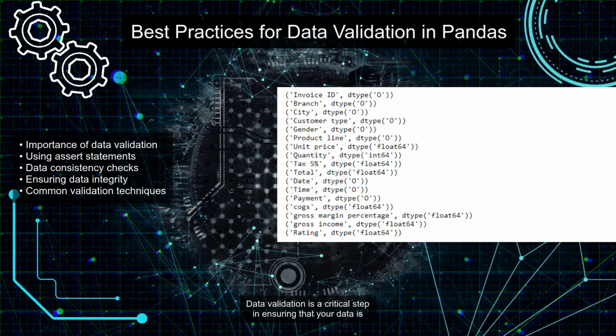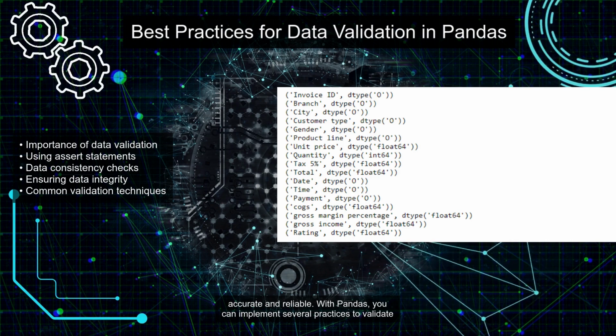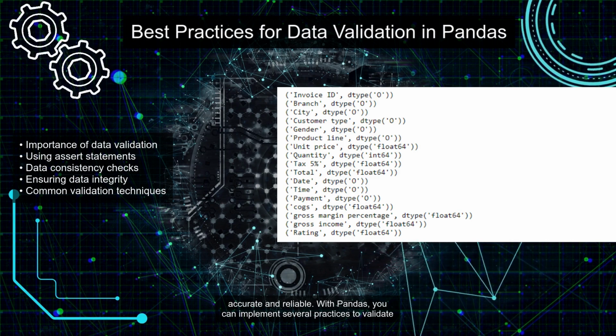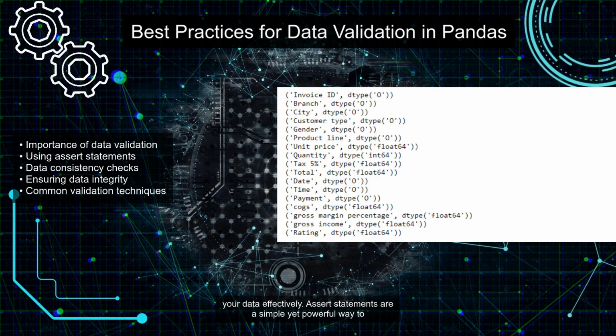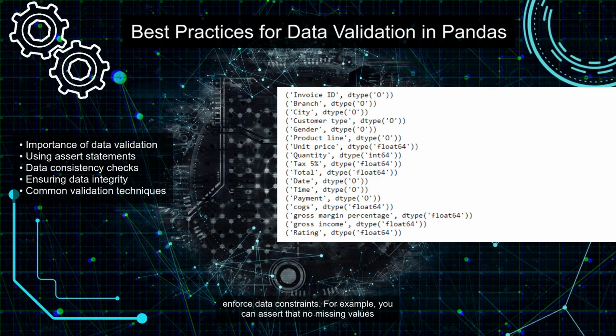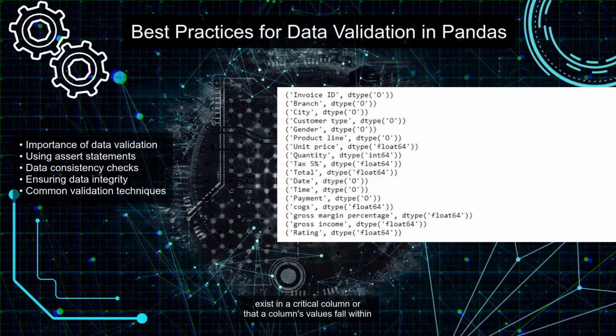Data validation is a critical step in ensuring that your data is accurate and reliable. With Pandas, you can implement several practices to validate your data effectively. Assert statements are a simple yet powerful way to enforce data constraints. For example, you can assert that no missing values exist in a critical column or that a column's values fall